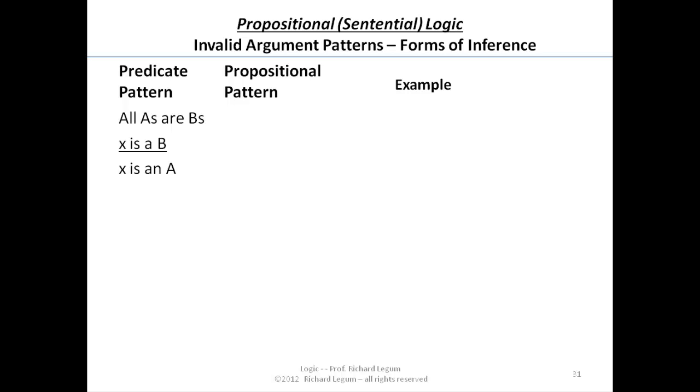You guys can draw the circles yourself, and you can see from the fact that the A's are in the smaller circle, the B's are in the bigger circle. From the fact that something is in the bigger circle doesn't necessarily mean that it's in the smaller circle. The equivalent conditional form of inference is if P then Q, Q is true, therefore P is true, going in the wrong direction. This is sometimes called the fallacy of affirming the consequent.